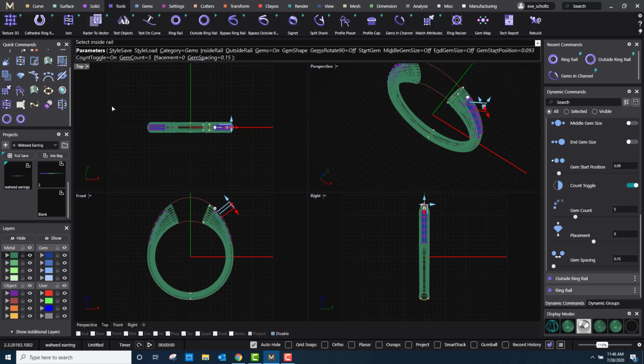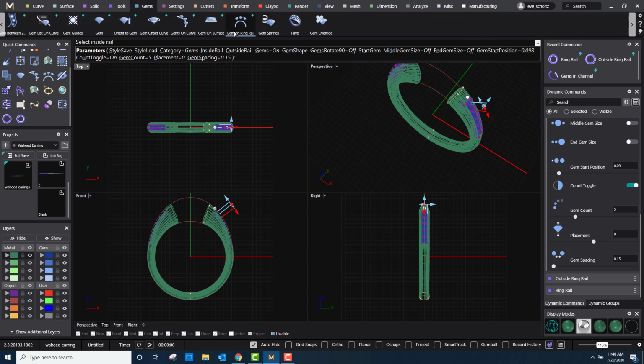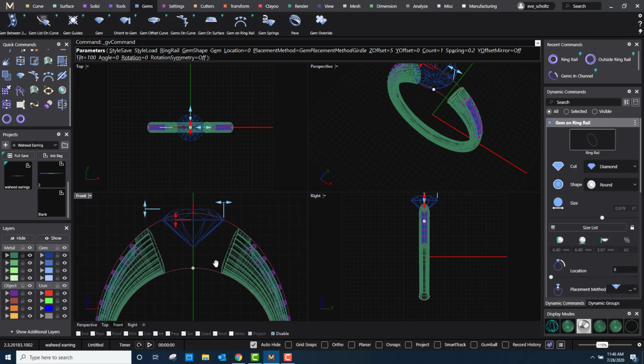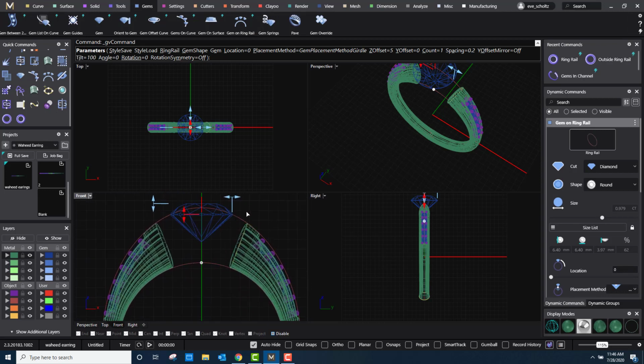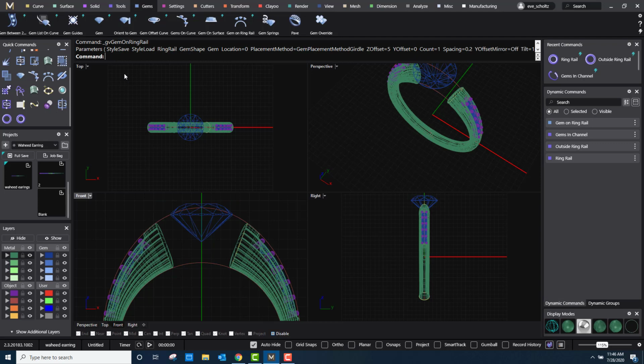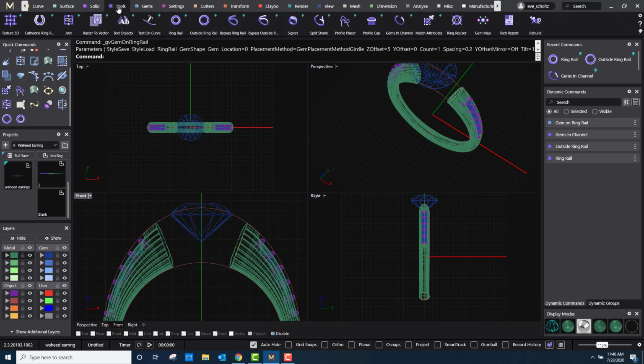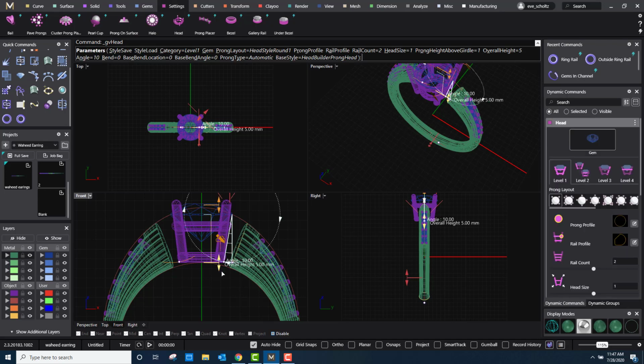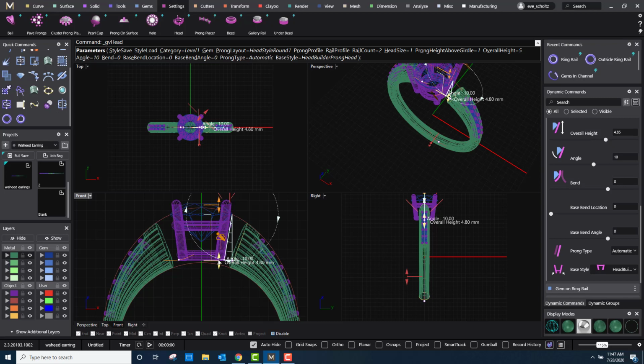And if I wanted to now go and put in a gem in the center, gem on ring rail, it has put the gem in there for me. Click enter to end the command, and I go to my settings, pick a head, select my gem, and here I can now carry on